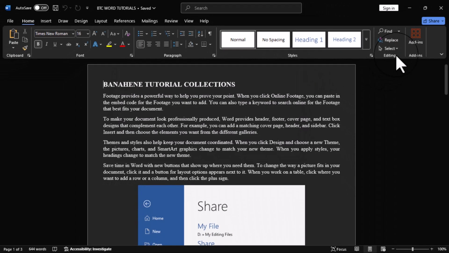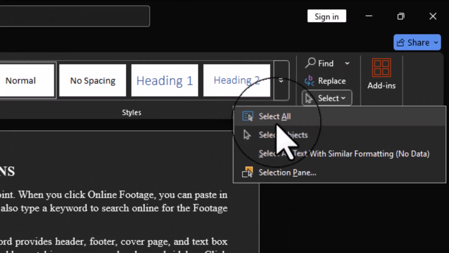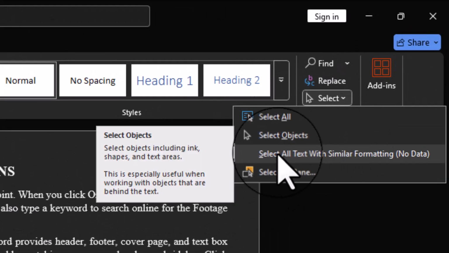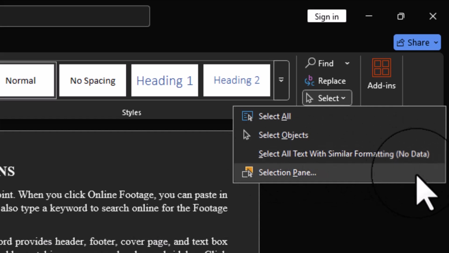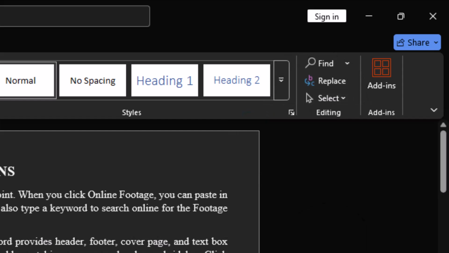And also we have this Select option. When you click, this gives you the options of Select All, Select Objects, Select Text with Similar Formatting, and also we have the Selection Pane. Now when you click on the arrow, this also gives you the same options based on this particular action. Now in this video, I am giving you a quick review of these separate commands we have